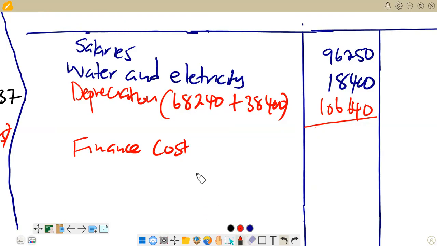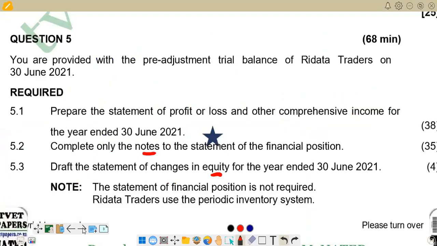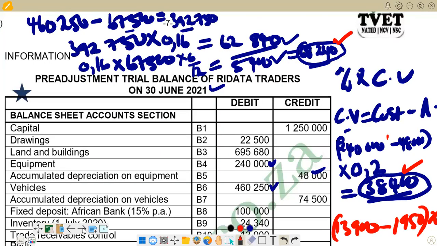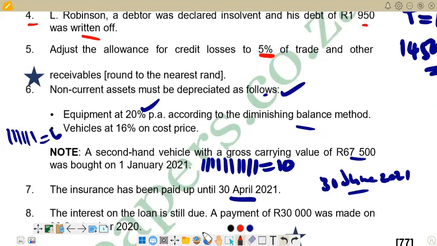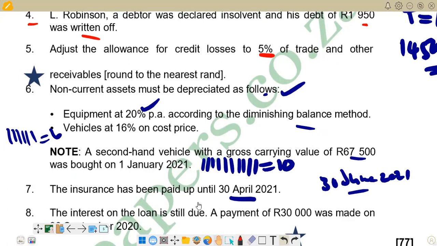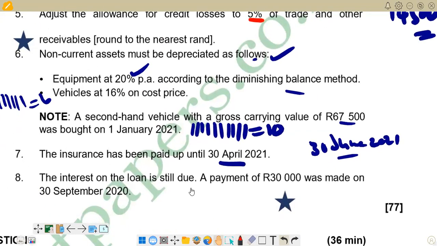now we can go to the question to try to see what, in terms of interest on loan, what do we have? So if you come here, I think we have got that information in the additional information. We see they're saying the interest on loan is still due. A payment of 30,000 was made on 30 September 2020. A payment of 30,000. It means another loan was received on 30 September 2020. So let's just count the months before we received the